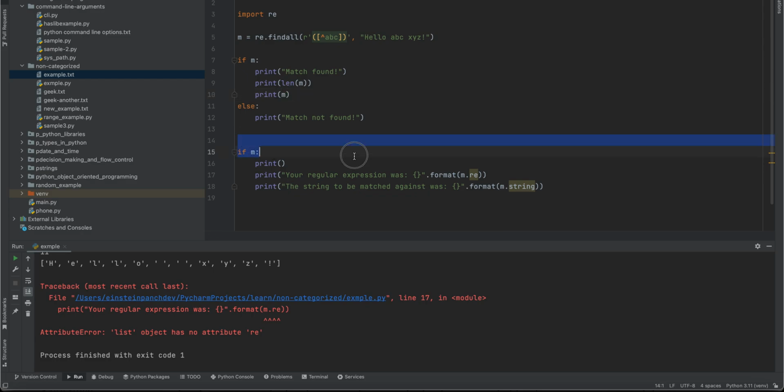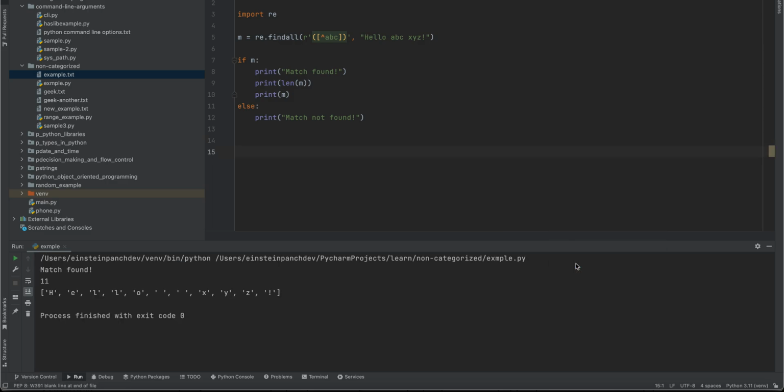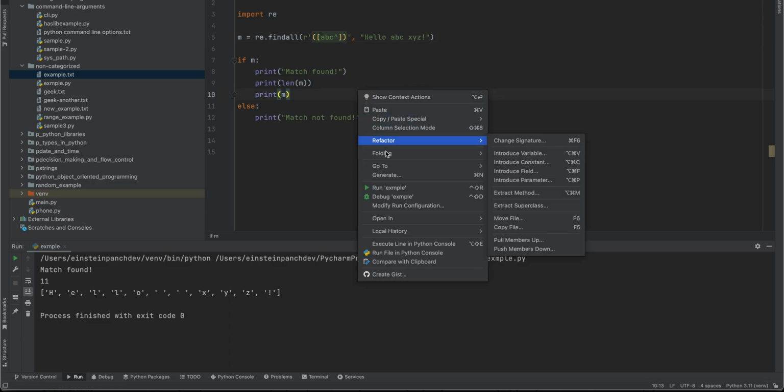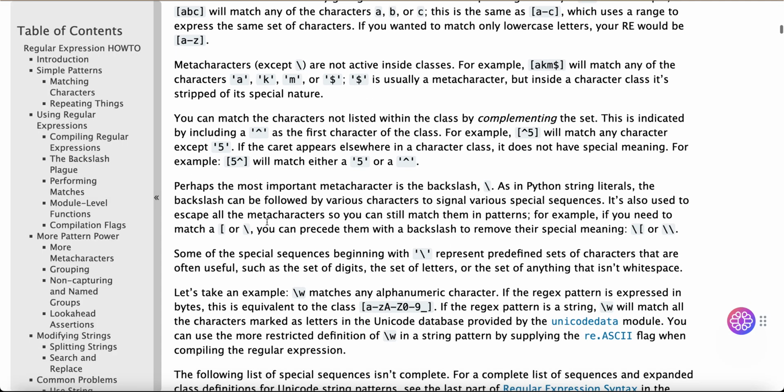This will not work in this case because it returns a list. Right, here we can see ABC will not match. And if I say it like this, then ABC will match. ABC exactly. Okay, so